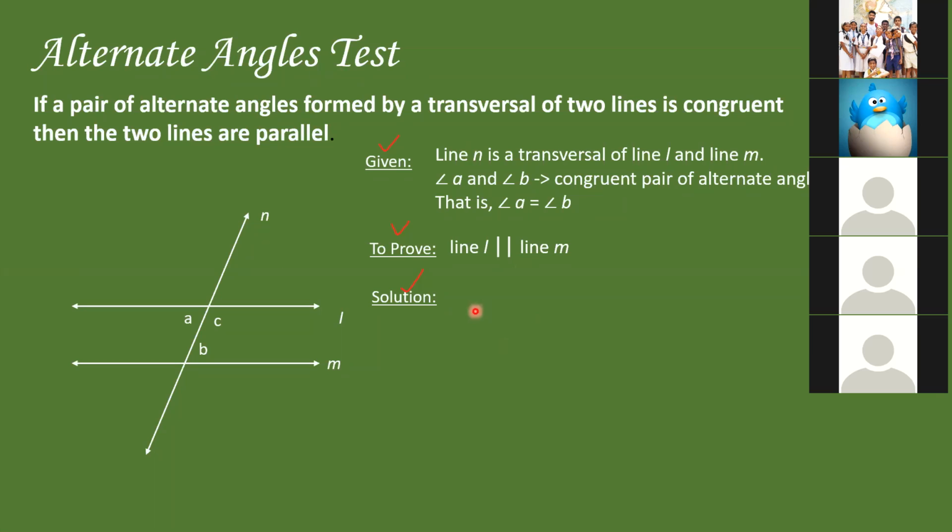All right, so the first step is angle A plus angle C is equal to 180 degrees, angles in a linear pair. This thing, angles in a linear pair, I have already done. Just remember the second property we did. So angle A and angle C are a linear pair, so they sum to 180 degrees. And angle A is equal to angle B, which is given.